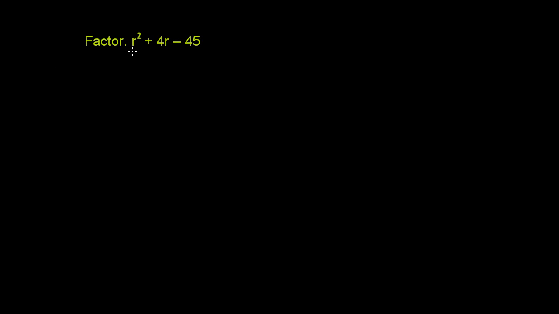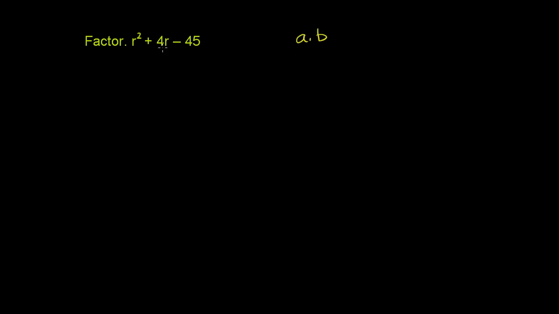We're told to factor r squared plus 4r minus 45. And there are simpler ways to factor this because this has 1 as a leading coefficient on the r squared right here. But what we're going to do is factor this by grouping. And when you factor it by grouping, what you want to do is find two numbers